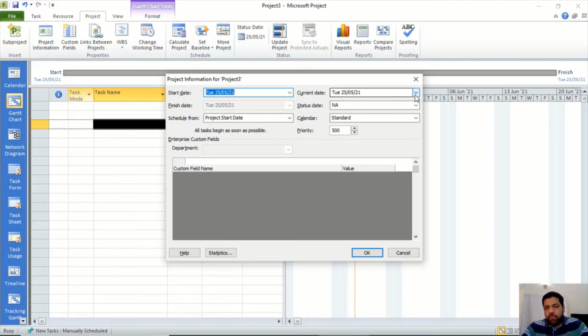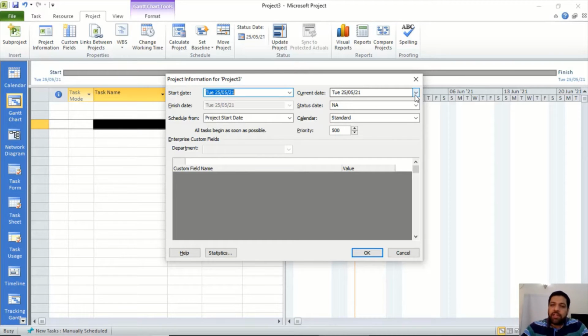Status date. What is status date? Do you want to do progress monitoring on your project? Yes, obviously yes, because one of the main purposes of entering a project in Microsoft Project is to do progress monitoring, to get the status of the activities and the status of the deliverables.